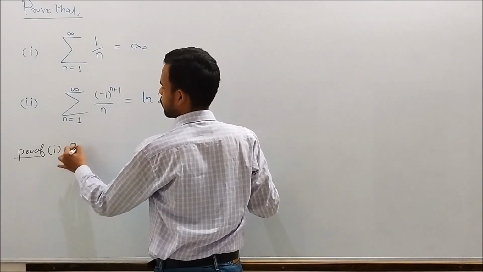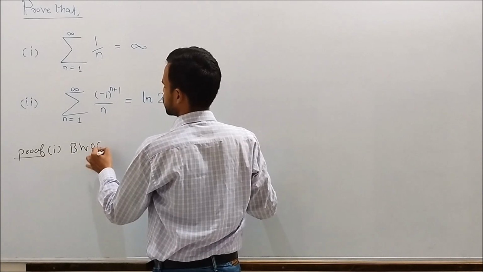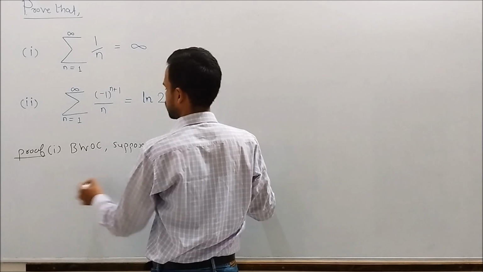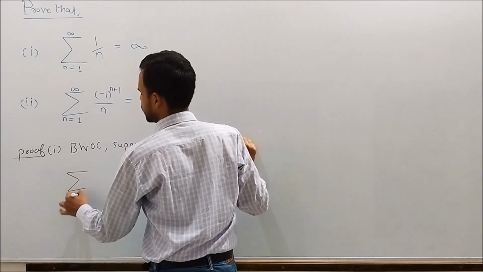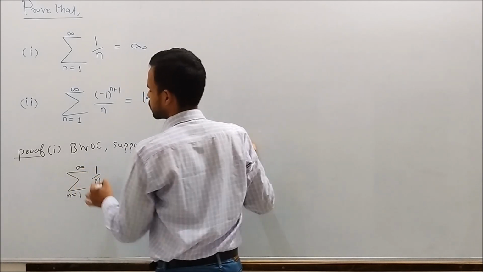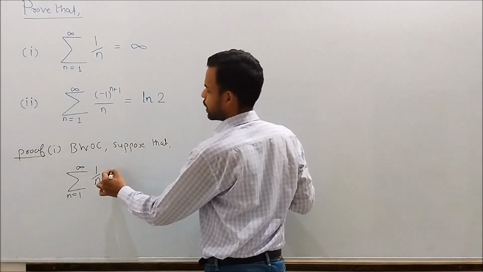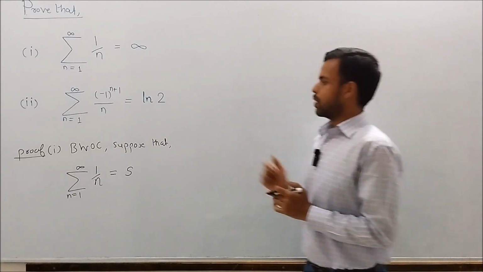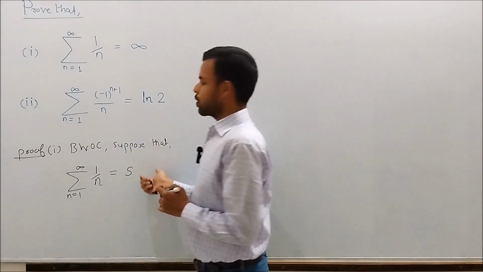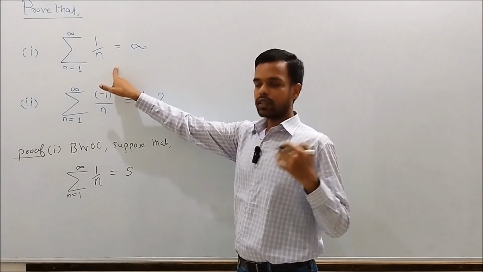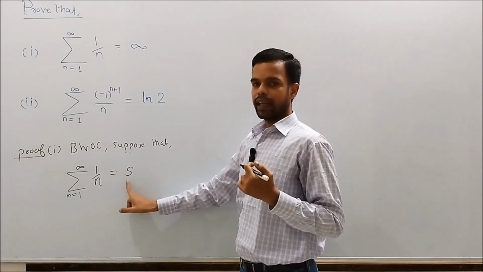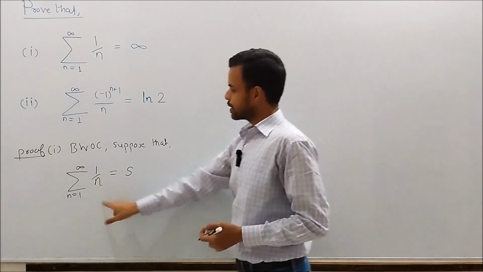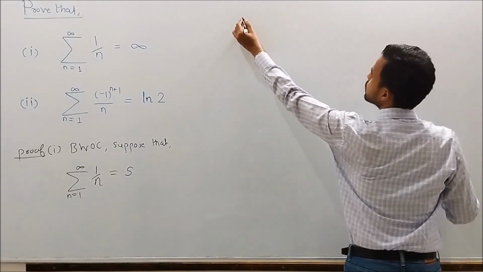So by way of contradiction, suppose that the harmonic series is convergent and it converges to some finite number, say s. We have assumed the contradiction that this series is convergent and it converges to some finite number, say s. Then as s is the sum of this series, hence we have